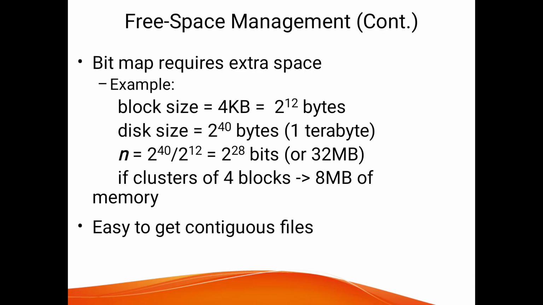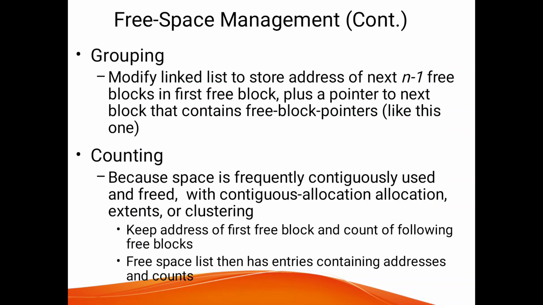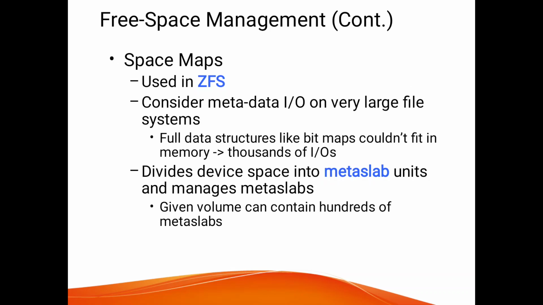So it is easy to get a contiguous file. Linked free space list on the disk. So it is a linked list, so cannot get contiguous space easily. So no waste of space, no need to traverse the entire list. So the grouping and counting is performed essentially, and the space map uses ZFS and considers the